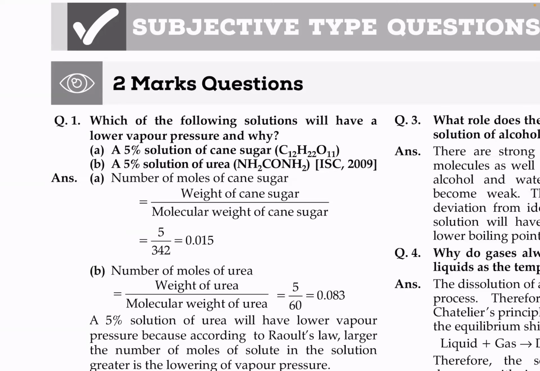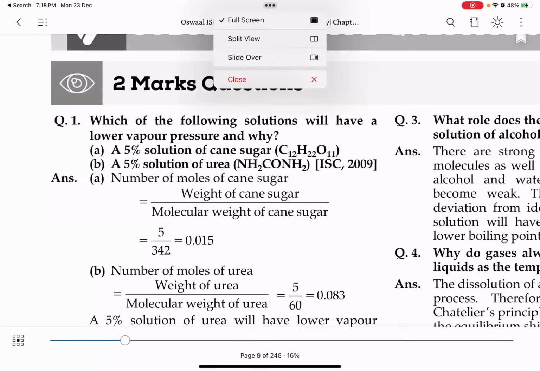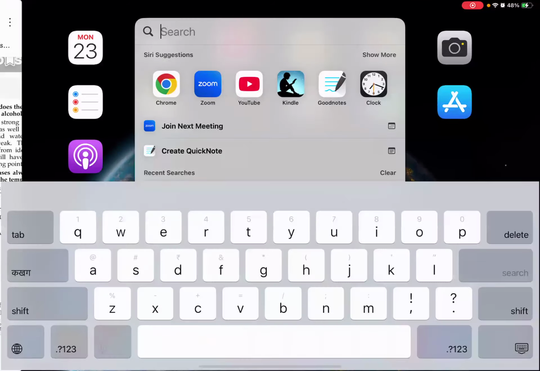You've got to find which one has the higher number of moles. Whichever has the higher number of moles will have lower vapor pressure, because more moles means vapor pressure will be lowered more. Okay, so let me just start solving this